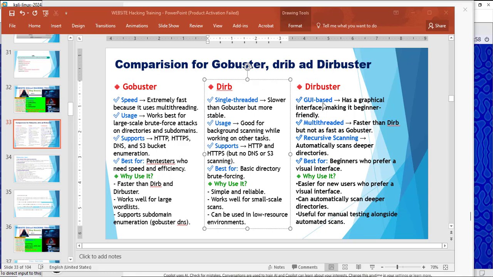It has a graphical interface and is more beginner friendly. It's also multi-threaded like Gobuster, but still slower than Gobuster, though faster than Dirb. Recursive scanning automatically scans deeper directories, and it's best for beginners who prefer a visual interface. Why is it used? It's easier for new users who prefer a visual interface, can automatically scan deeper directories, and is useful for manual testing alongside automated scans. So I will try to make a small lab for each of them to show the difference,